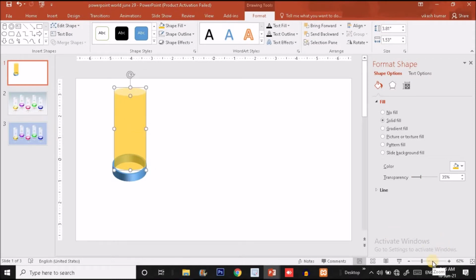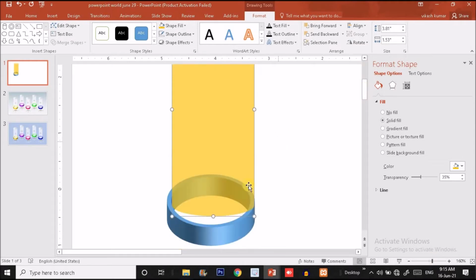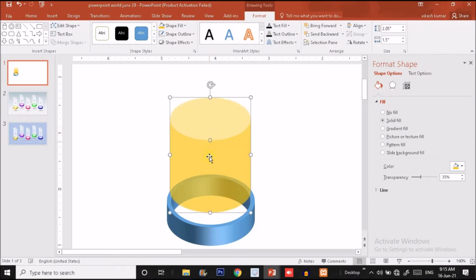Okay, slightly I'm going to zoom in so that we can see the slide. Decrease the height so that we can see the top and put it over here. Now I'm going to decrease the width, like I'm going to put it here, and I have to do it something like this and place it over here. Slightly you can see this yellow dot.